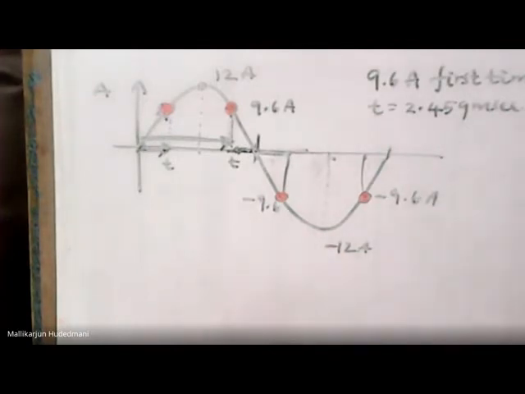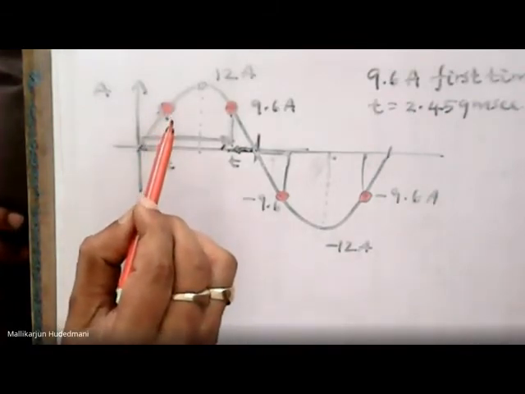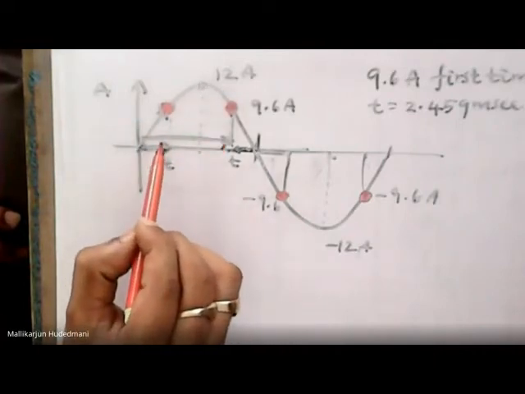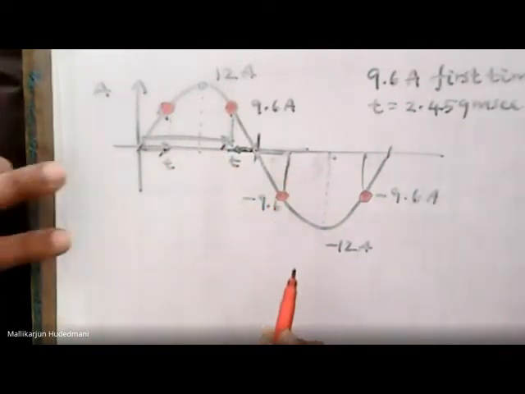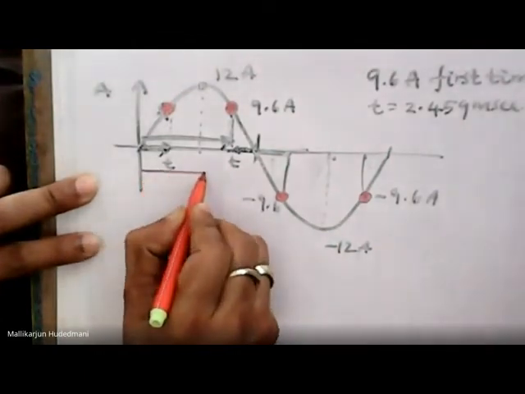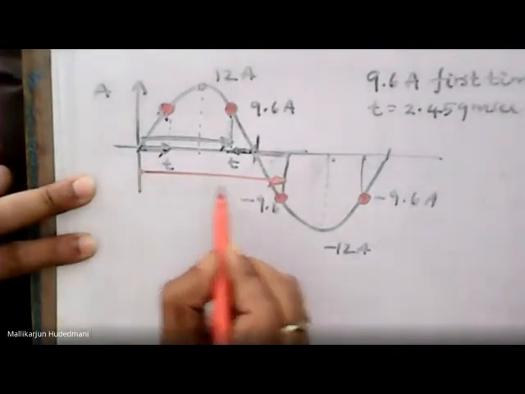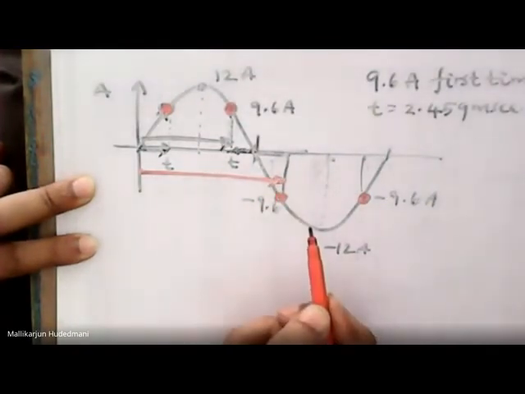So how did I get it now? The 4 points of numerical value 9.6 I can understand very basically from this analysis. 9.6 appearing the first time, it is the first point here. 9.6 appearing after the positive max, this point. This is the total time I have to calculate. And minus 9.6 appearing the first time. Let's see what this time is. This is my time requirement up to this point. Can you see this? 0 is here. This is my time. So this whole length of arrow I have to compute as the time requirement.